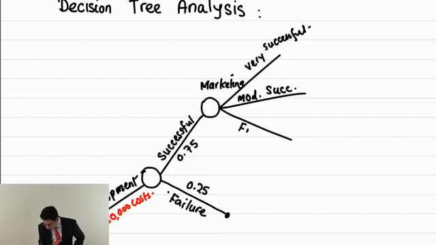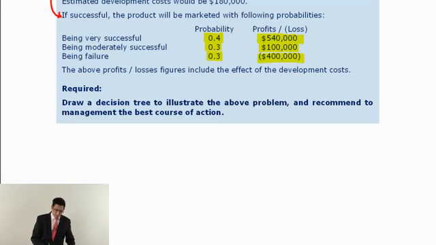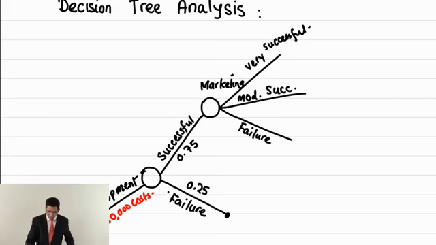And if we are unlucky, our marketing may fail as well. People may not be interested in our product. Okay, so any hopes and any risks. So probability is given 0.4, 0.3 and 0.3, and the profit and loss values are given as well: 540, 100,